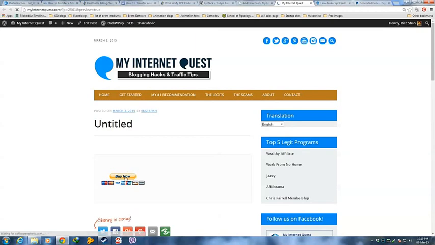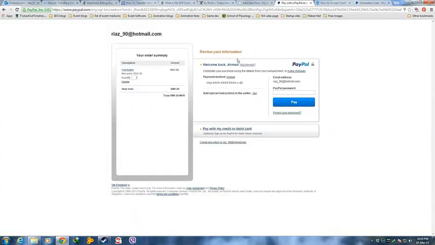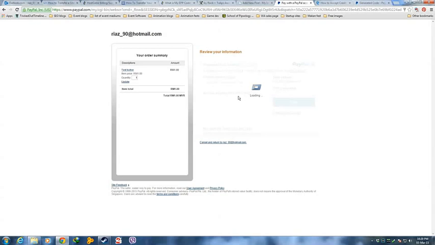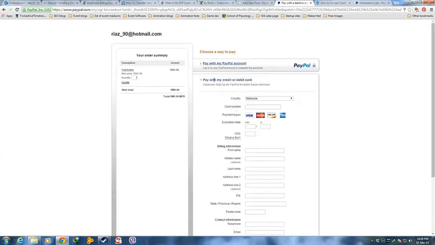So if someone were to click on that, it will bring you straight to your PayPal sale. And look down here. As you can see, they can also pay with their credit or debit card, which is really handy. So by using PayPal, you will indirectly give your buyers more methods of payment, which is through PayPal or credit card or debit card.